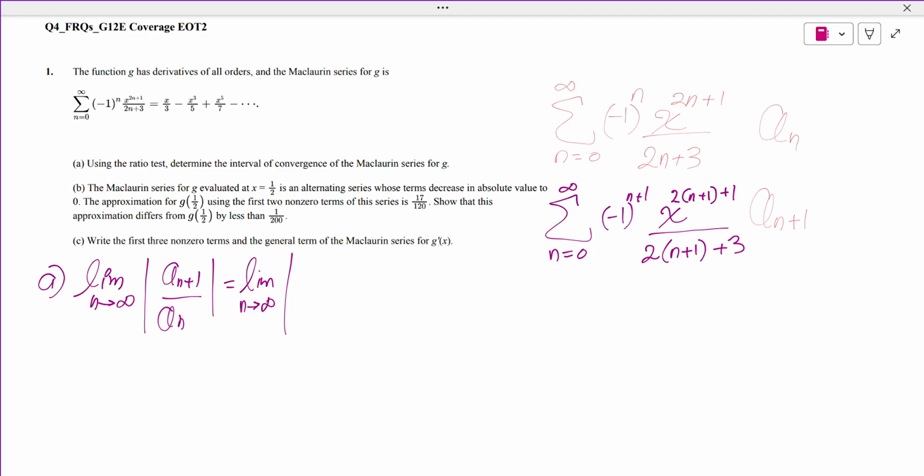So we start with a_(n+1): negative 1 raised to n plus 1, times x raised to 2n plus 3, so this is going to be x cubed, all over